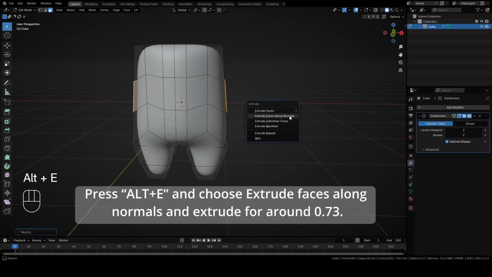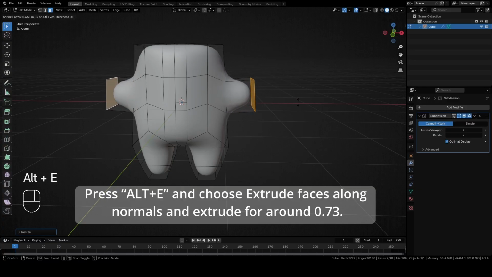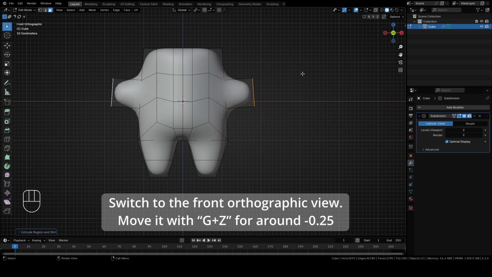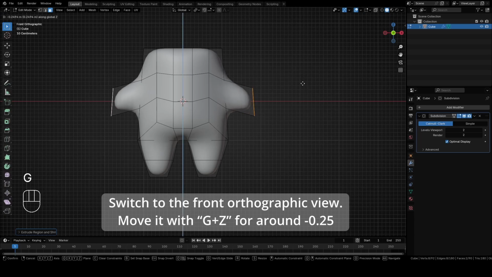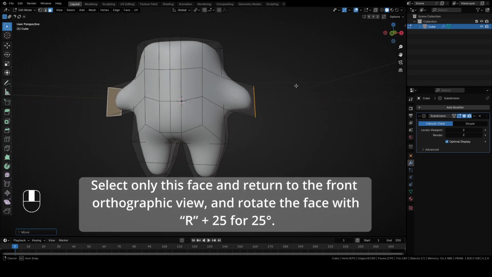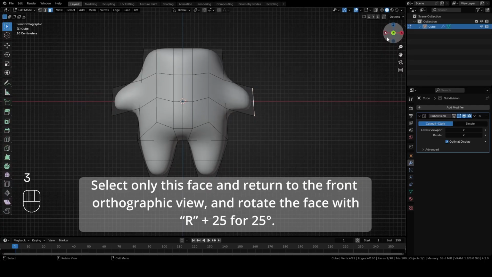Press Alt+E and choose Extrude Faces along normals. And extrude for around 0.73. Switch to the front orthographic view. Move it with G+Z for around -0.25. Select only this face and return to the front orthographic view and rotate the face with R plus 25